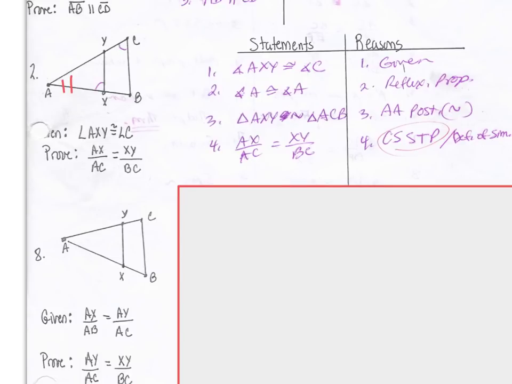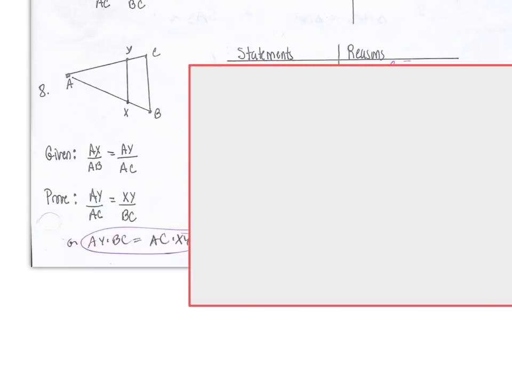Okay, looks like you guys are doing great. Let's go ahead and go to number 3, which may say number 3 and may say number 8 on your paper. Whatever it is, it's the next one down there. And I'm going to change one thing from what I have, and I'm going to prove what's actually on your paper. So let's go ahead and